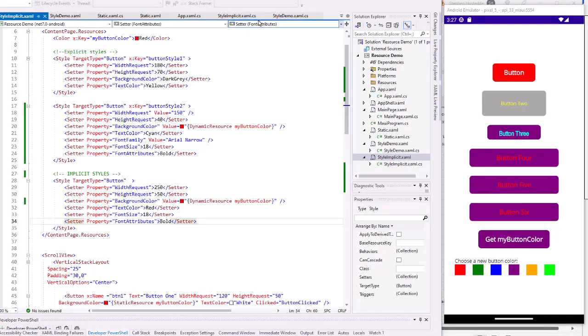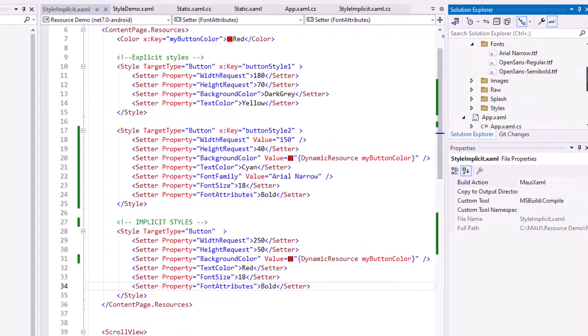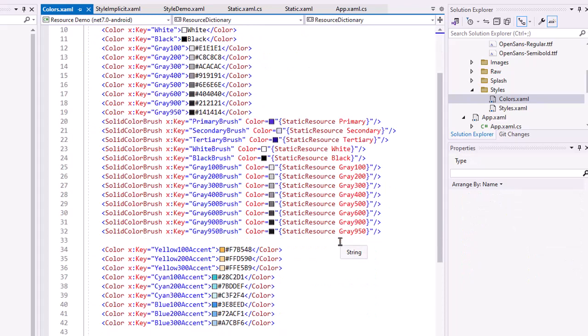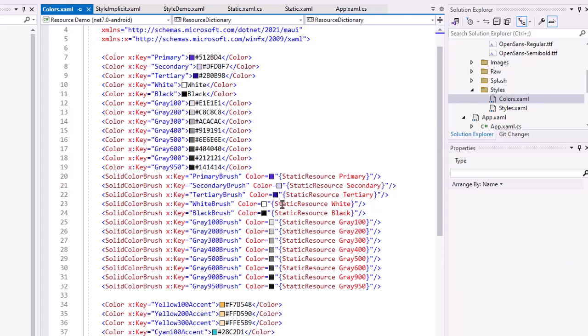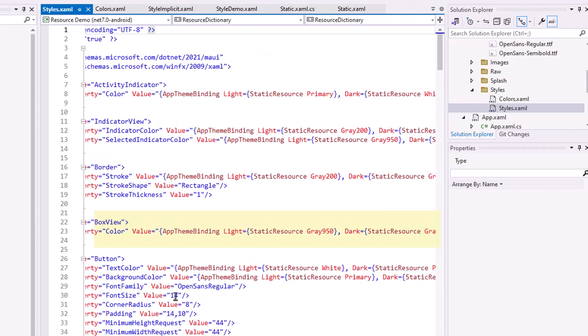So one more thing, I'm going to end my app. In the resources folder, you have a styles folder. And that styles folder contains two things, colors.xaml and styles.xaml. Let's take a look at the colors.xaml. Here are colors that have been prescribed out of the box. And you can add colors to this and use them. The styles have been set up as defaults for our different views. So you can see here that a box view by default has a value